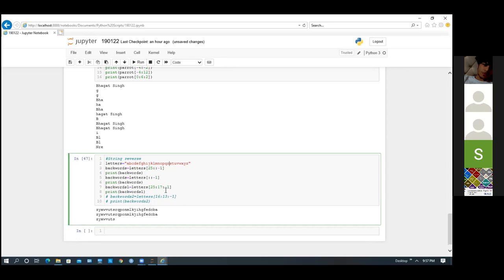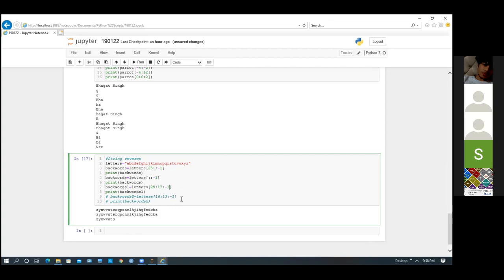So it is taking -1 as a step. Okay. So from 25 to 17th position, means 25 minus 17, 8, right? So it takes up to 8 elements, means 1, 2, 3, 4, 5, 6, 7, 8. So it will print up to S, correct? Okay. So 25 to 17 means 8 letters, and it will step by -1.